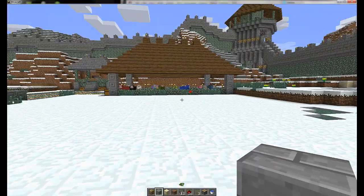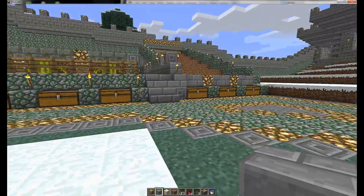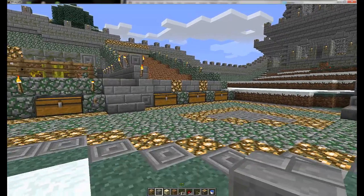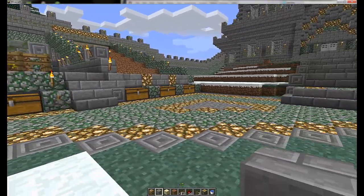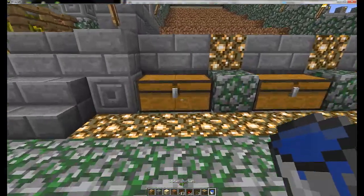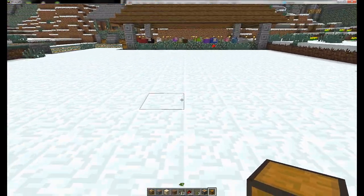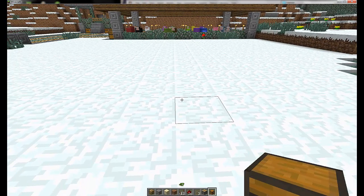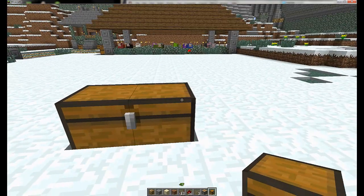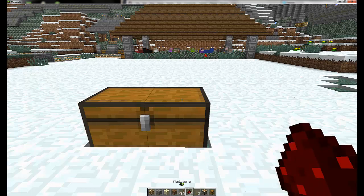Okay, I am where we're going to build this. I'm just going to build an extra small version of that. So it is pretty compact, the version I'm going to be building. Nothing too terribly fancy, although there are many blocks we're going to need. So to start, I'll go through the materials list. You'll need more than this, so unfortunately I can't just make a basic materials list to start, but I'll do my best. You will need a chest, obviously, to collect your crops, pistons, a lever,